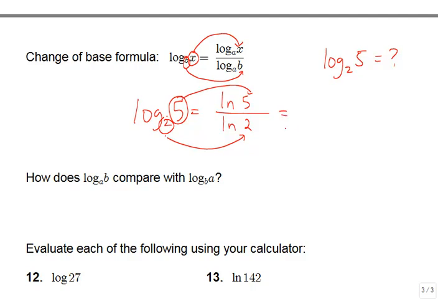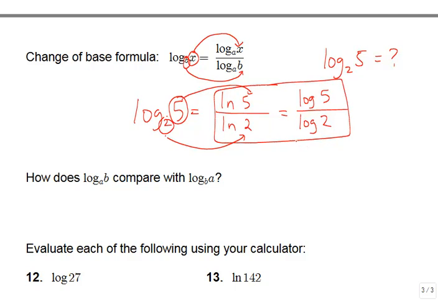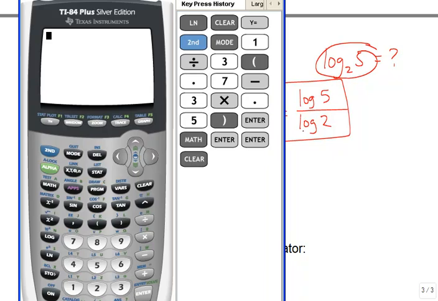Now let's say I didn't want to use an ln. Let's say I wanted to use a common log. Well, that's okay, you can. You would still put the 5 on the top and the 2 on the bottom. And we'll see in just a minute that both of these 2 ratios, these 2 fractions, end up giving you the same decimal. So even though I can't directly type in log base 2 of 5, I can type in